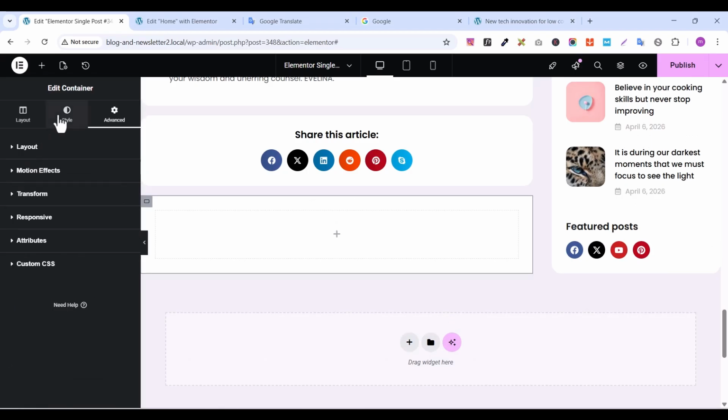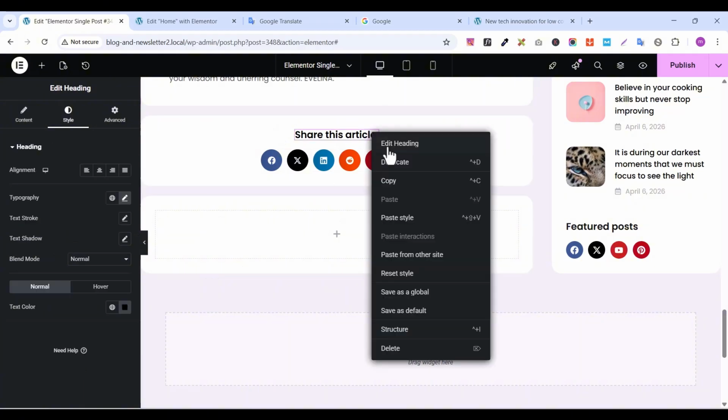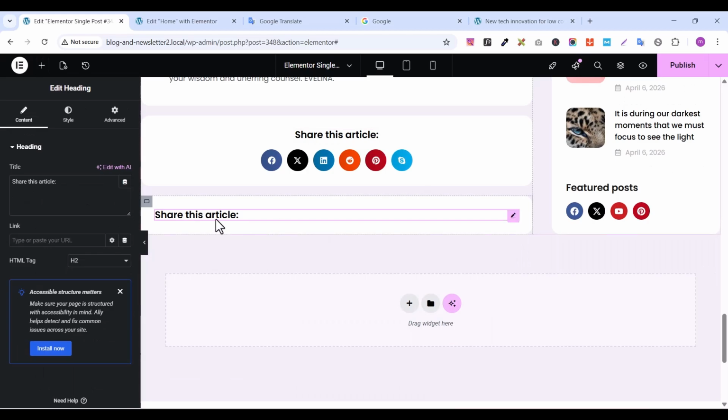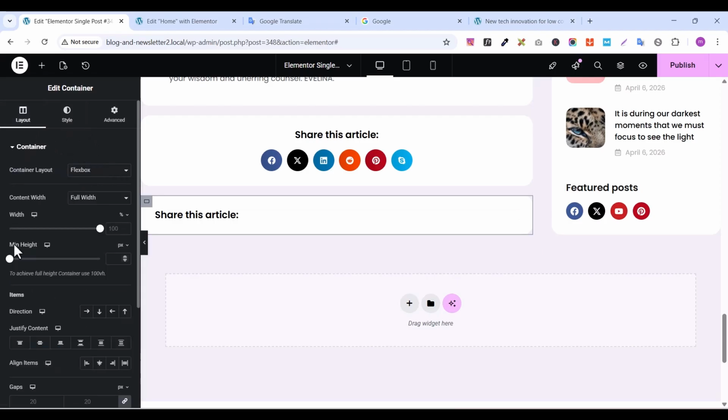Let's close it. Let's go to style, close this category, go to border, give it a border radius of 20, like this, and everything is looking good. So after that, let's copy this text from here. With Elementor, you can do copy and paste. So let's paste it below, and let's center this container by selecting this, and let's go to layout and come